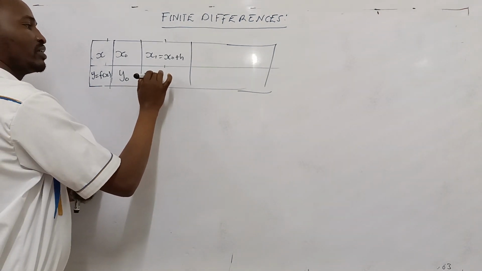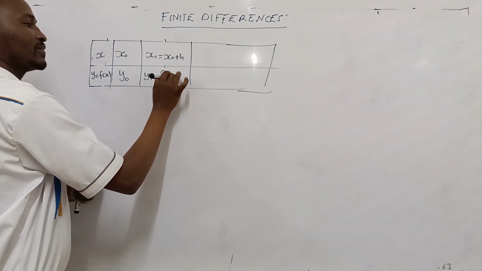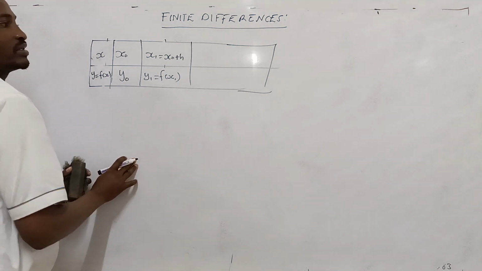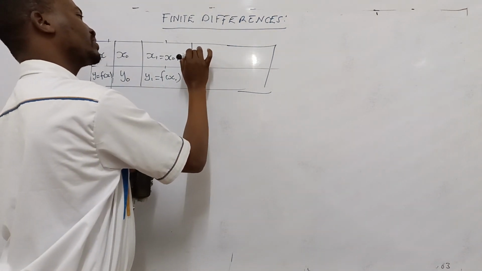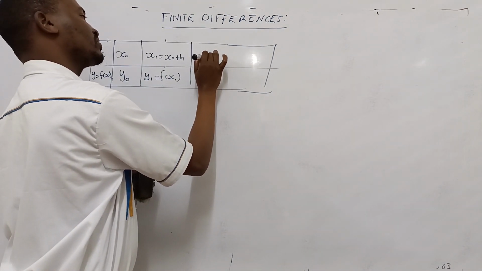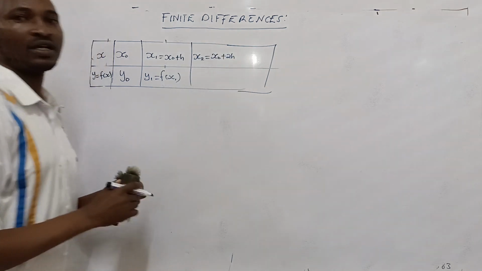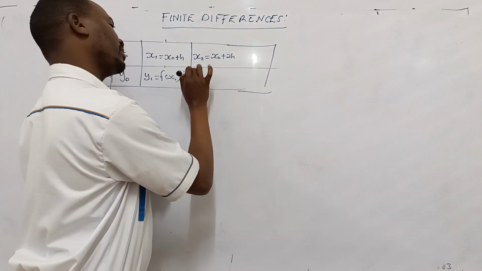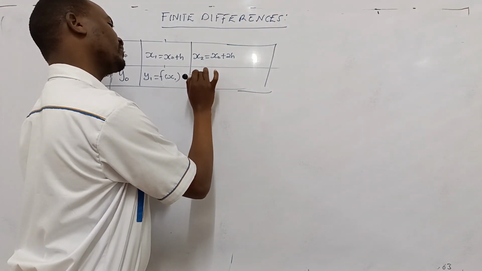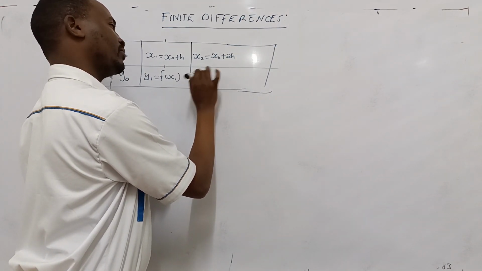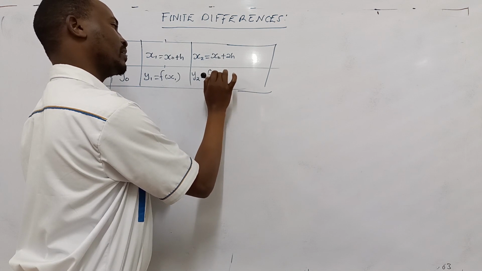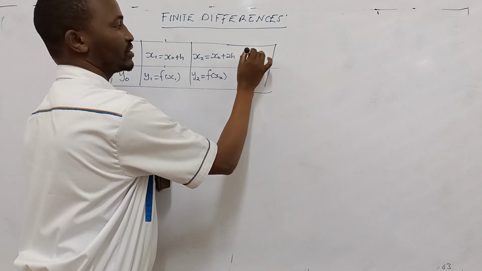Of course, y1 is a function of x1, and so on. The next value here will be x2, which is equal to x0 plus 2h, and the functional value here is y2, which is a function of x2, and so on,